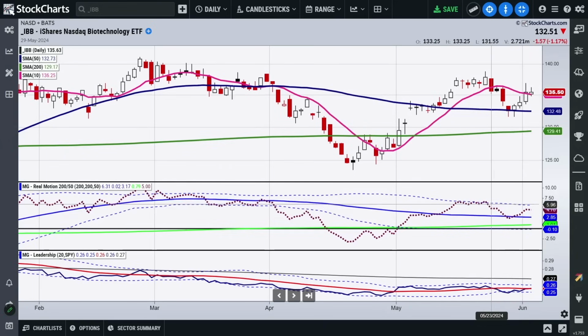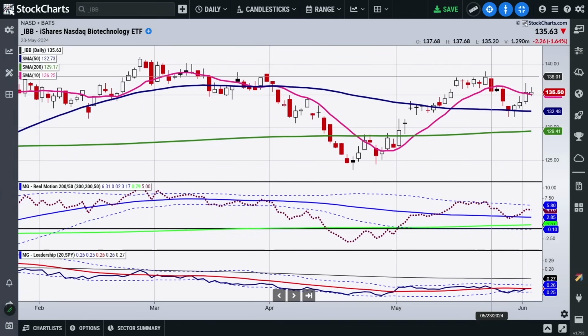Momentum has improved. We really want to see the momentum get through these levels here. And then I think, especially if we start taking out these highs and get closer to 140, we could see biotech rally. Now, what's interesting about biotech is that it's both cyclical and non-cyclical, in that it can do well in a recessionary time and can also do well during an expansion.